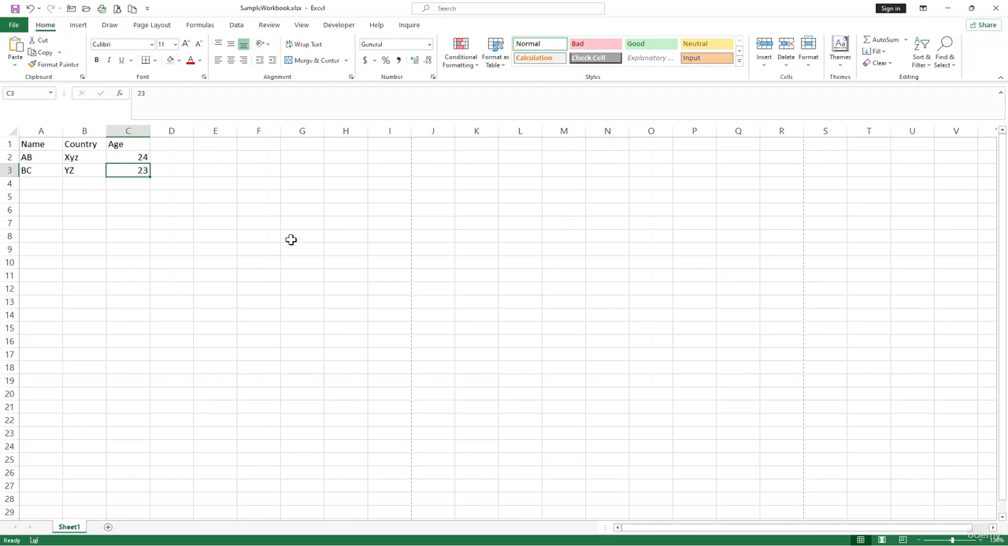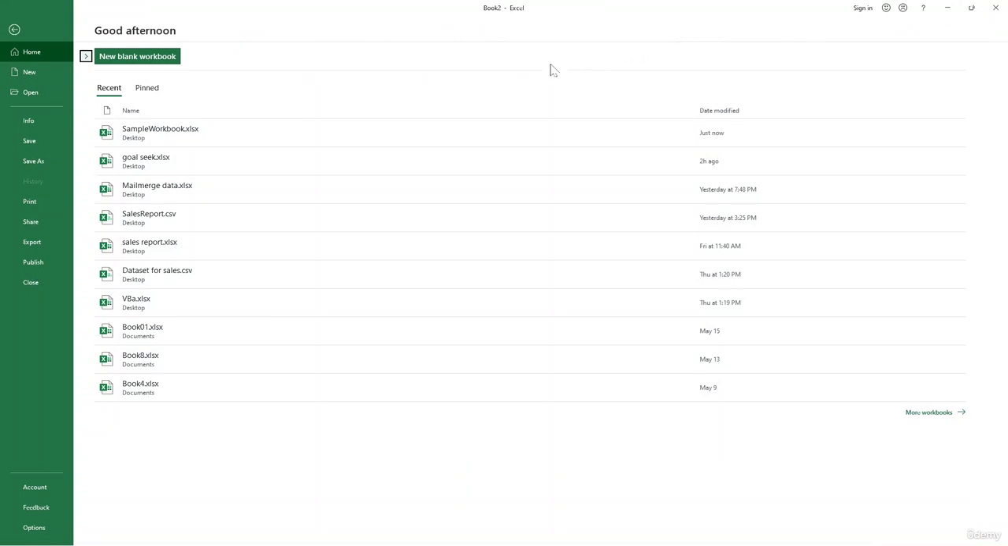Once you are done with your work, you can close the workbook by clicking the X at the top right corner of the window. If you haven't saved your changes, Excel will prompt you to do so before closing. Okay, so that is it, you have successfully created and saved